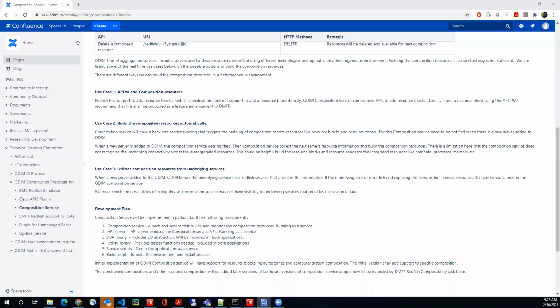If the vendor gives me the resource block up front, then I understand it. But for the composition service to look at it, how would you make that automatic? Well, here's how. You have a southbound interface, you have a discovery interface going to the BMC, let's say, right?